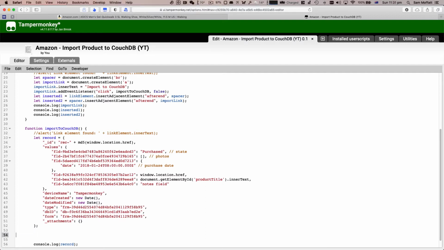So to get started here with PouchDB, we need to instantiate an instance of the database object and then tell it what the database is that we're going to connect to. So to do that, let's indent that. Database equals new PouchDB, and we're going to be pointing to the instance that I already created, and the username should be demo user